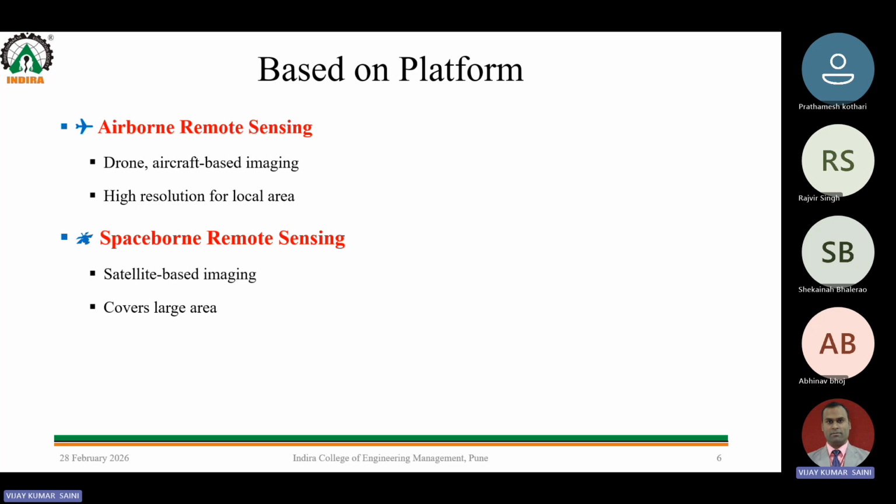When we are taking the images, it will be from the drone, and at the same time when it will be taken from the space, right? So the satellite will be taking the vital role, and it will be covering a larger area. So obviously it is covering a large area, but when we talk about the satellite, it is covering a relatively larger area than the airborne platforms. Fine. Moving ahead,